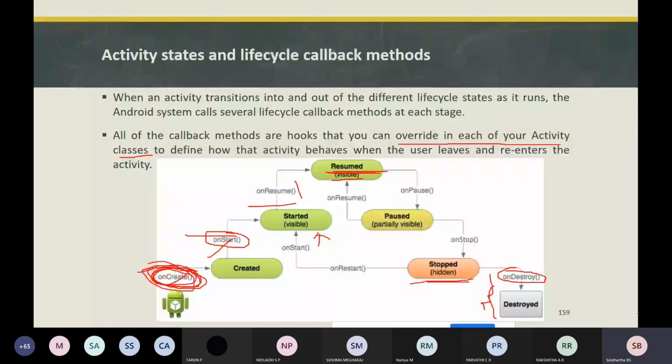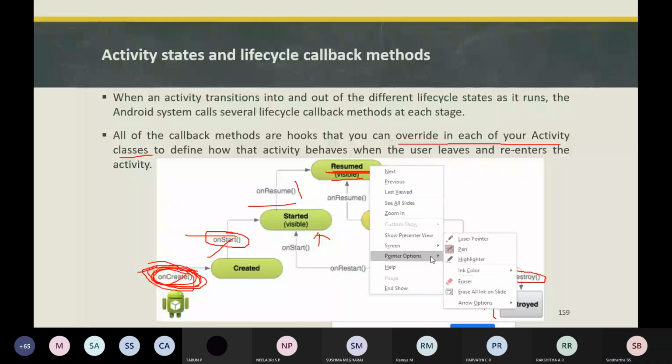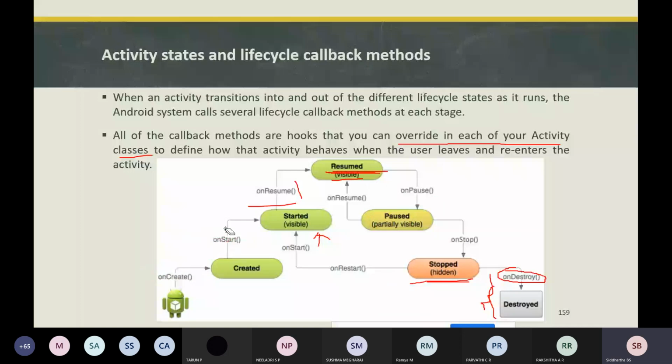Once again, if you open the application newly, then what happens? It has to start from onCreate. It has to call the onCreate callback method and it will be in a created state.